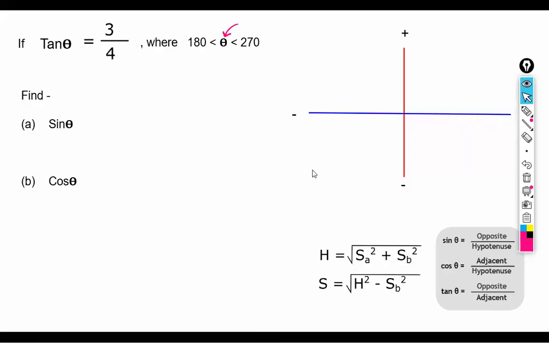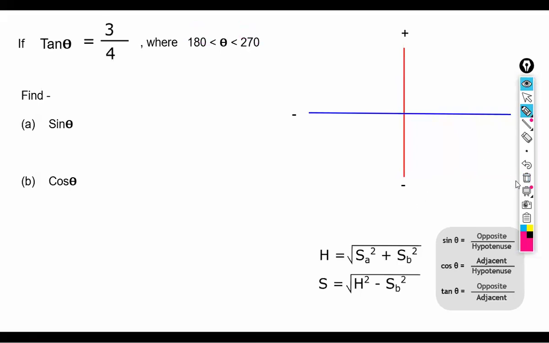To continue from where we left off last week, the examiner starts off the question like this. They tell you tan theta is 3/4, and then they tell you that theta is between 180 and 270. Now, if you look at last week's question, this part was a little different. Last week, I had theta between 0 and 90. I changed it back to